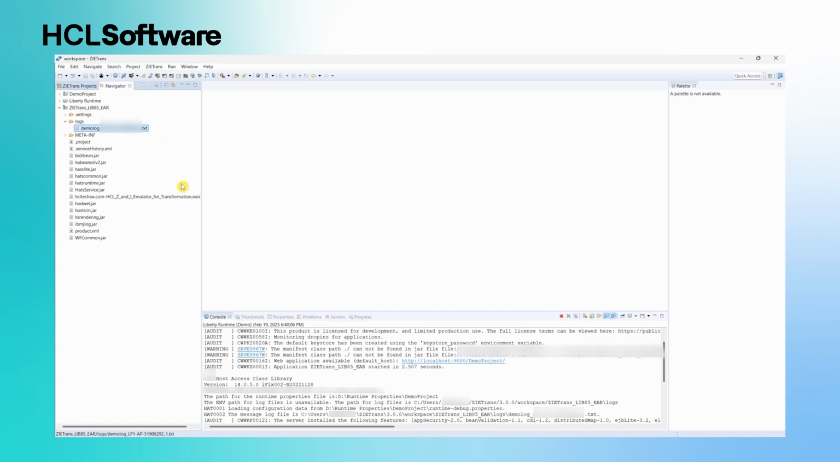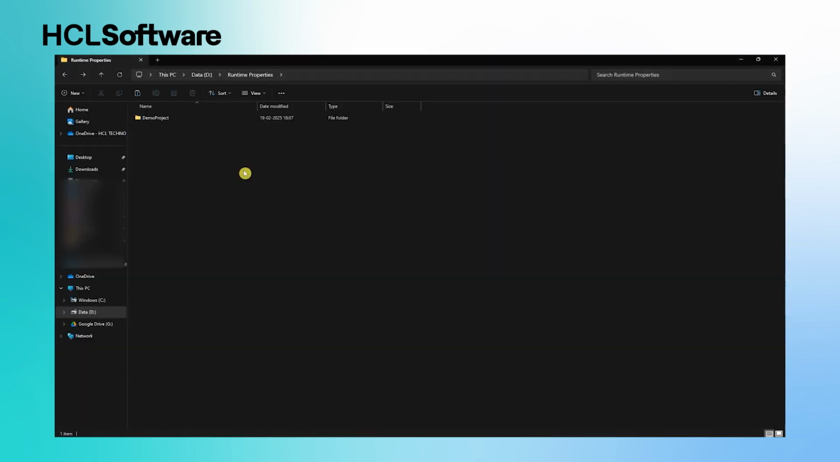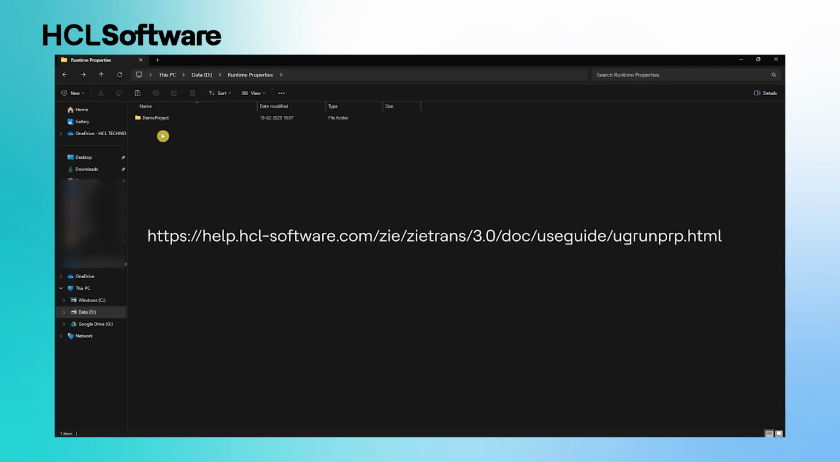If you have multiple ZIETrans projects and to configure them, you just need to create new folders with the project names inside the same root folder and follow the same steps. You can also refer to the documentation by visiting help.hcl-software.com for more